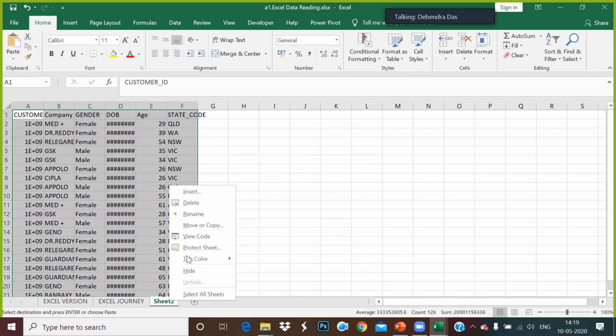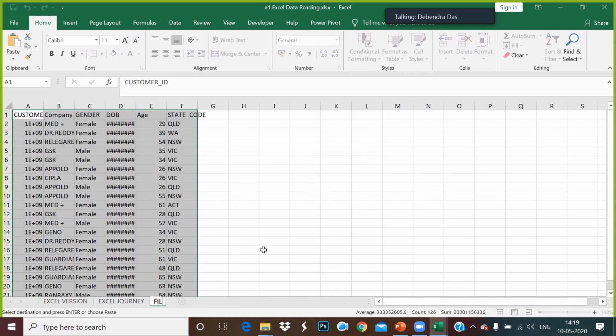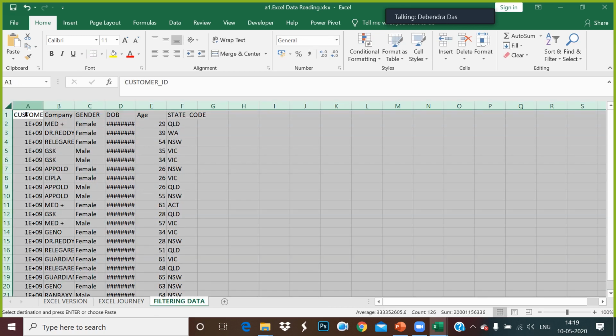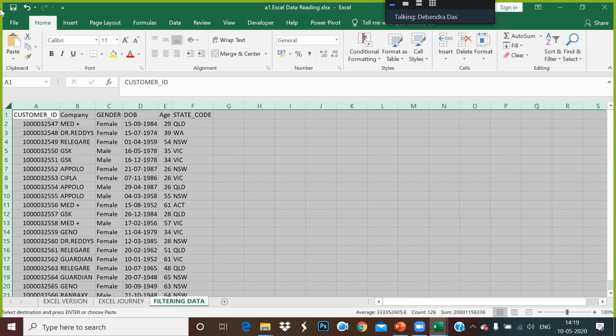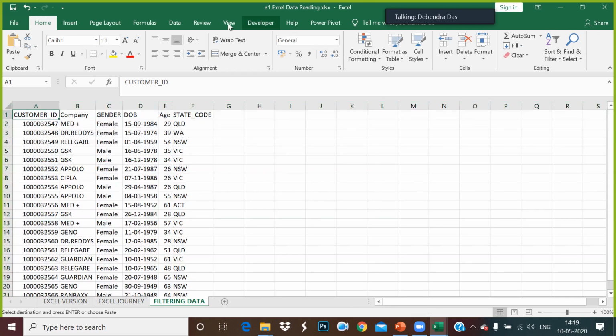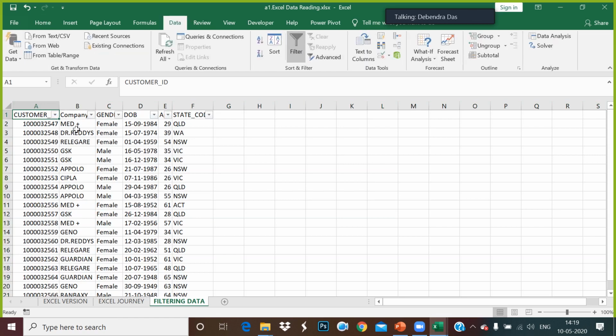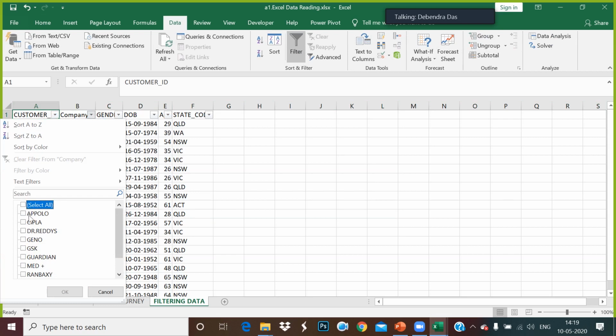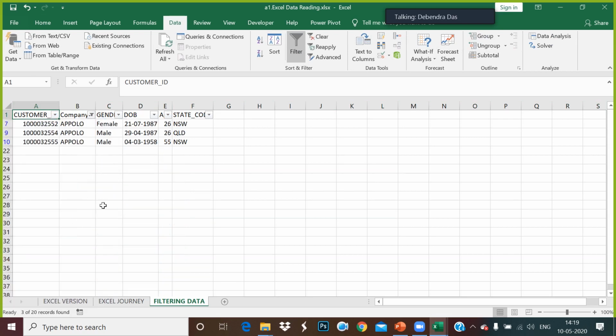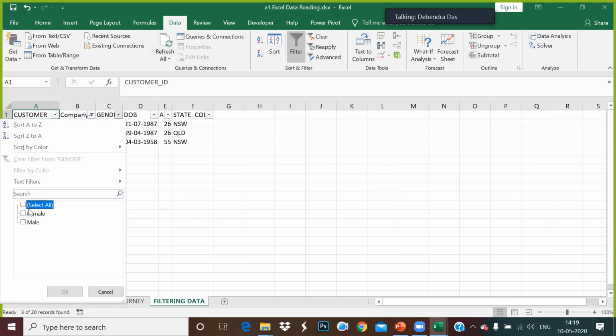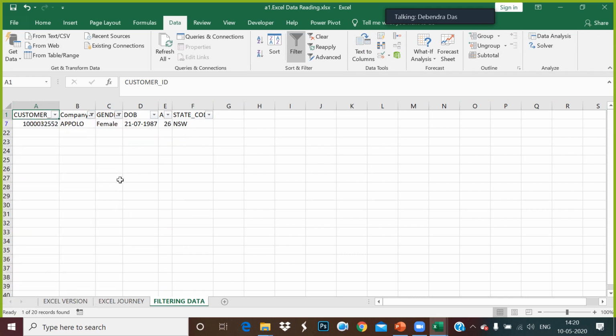So we'll start with the navigation part, which is called filtering data. So how do you go for filtering? Always remember, when you want to filter the data, you must select any particular cell from A1 as the header, and go for making this a filter. If you select Apollo here, it is going to pull only Apollo data. This is how you can go for filter. Apollo with female, you can select your female data, right? This is how you go for making a filter.